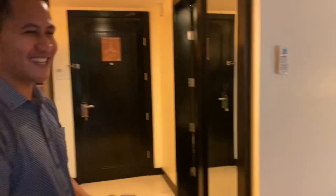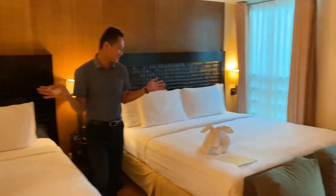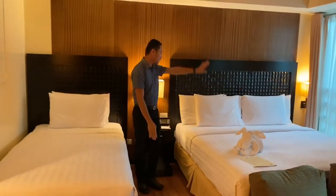Tapos, ngayon naman guys, ipapakita ko sa inyo yung ating pinaka-importante sa lahat ng room, ang ating bed. Tara! So, charan! So, andito nga yung ating bed. So, nasa gitna. So, ito yung ating